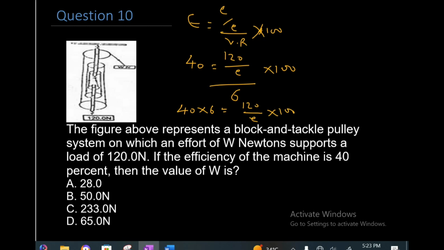So when we simplify this, we have 40 multiplied by 6. When we multiply 40 by 6, we have our answer as 240. This will also multiply the E here if we cross multiply again. So we're going to have 240 E equal to 120 times